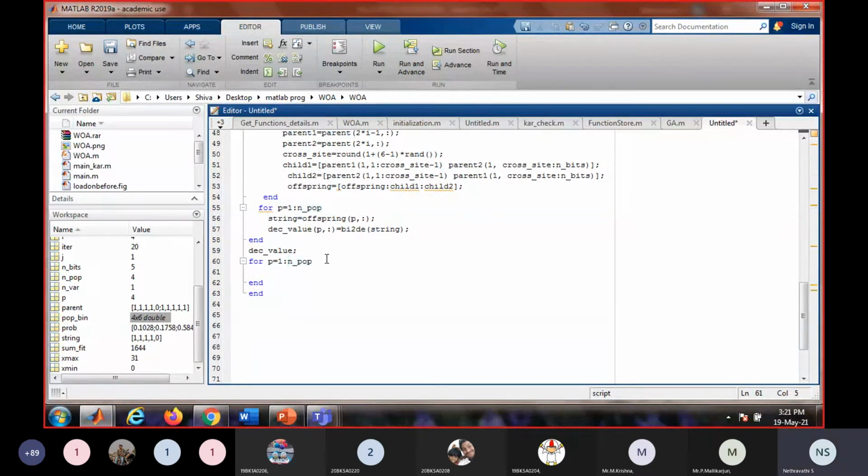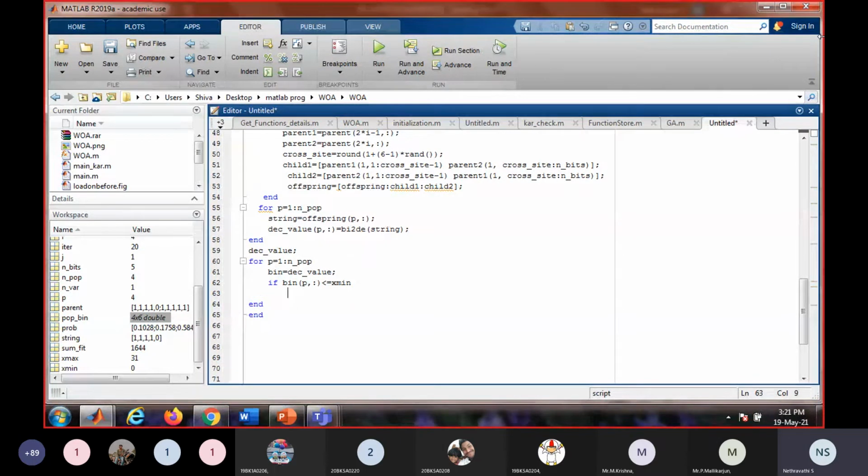So here what we will do, we will create one more array, and we will assign whatever decimal value we have generated here by the offsprings, assign it to this bin, which will be an array of 4 elements, and then check whether it is less than or equal to X min.